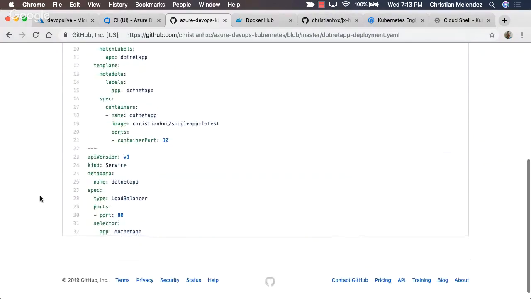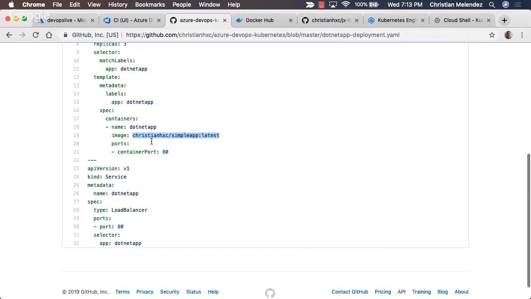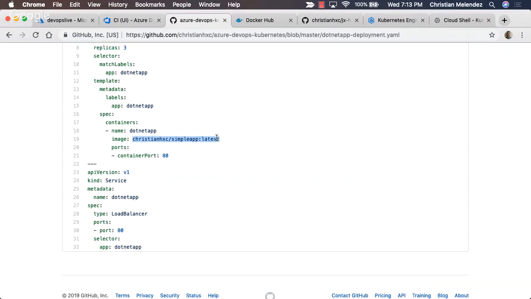So you can see that I have, as a default value, the image that is going to be using the simple app latest. But that is an anti-pattern, because you don't want to always use the latest, in case someone pushed a new version there and it just updated the version, right? So it is actually a good practice if you specify that part.